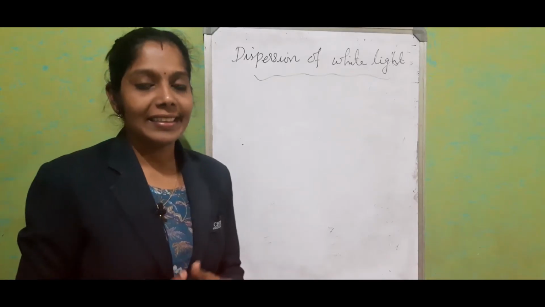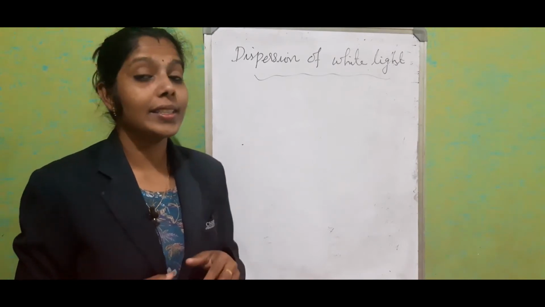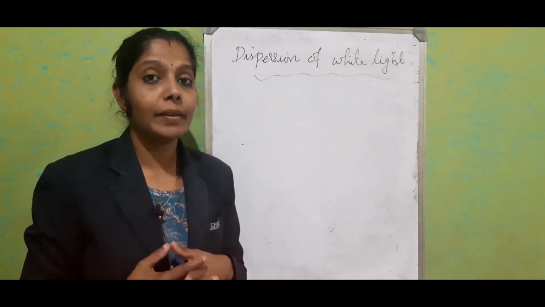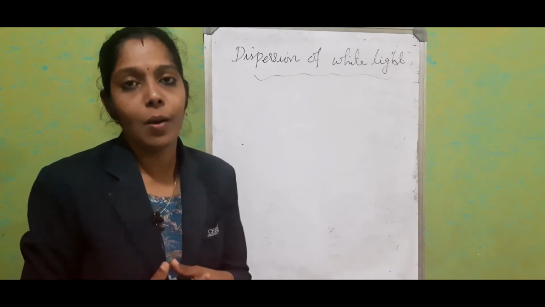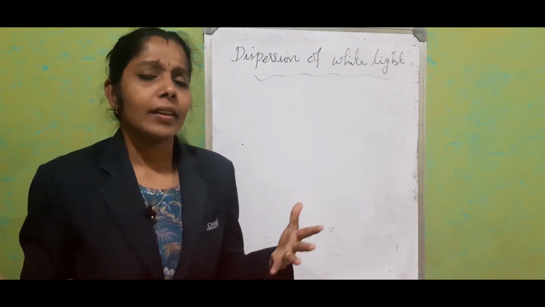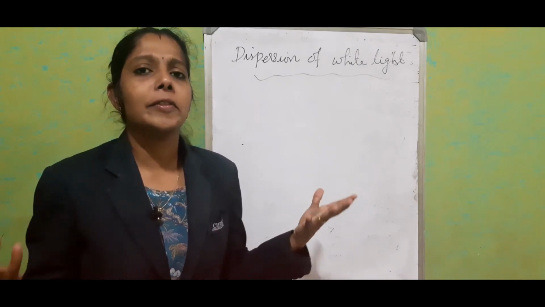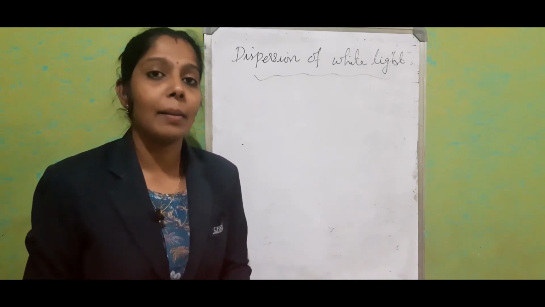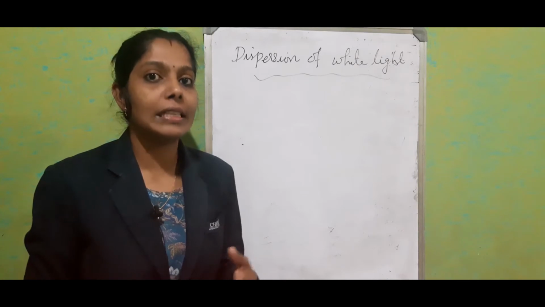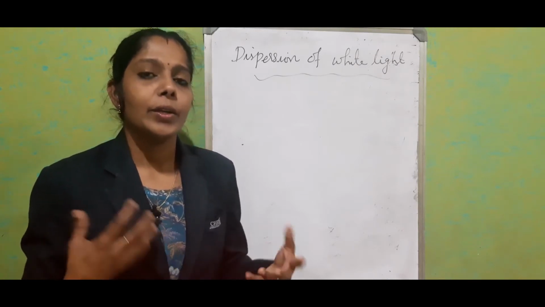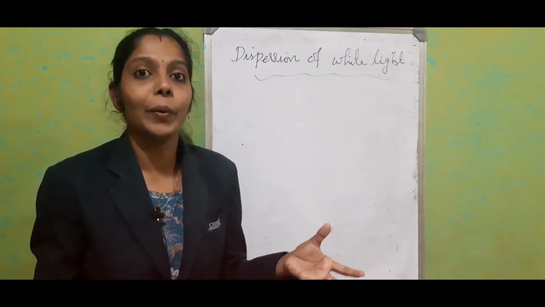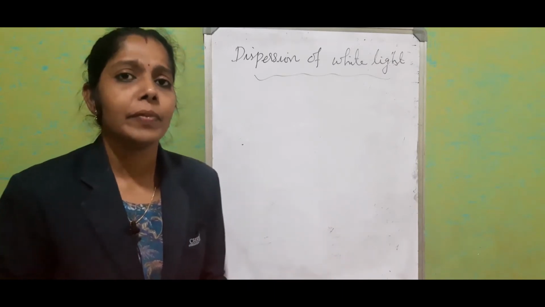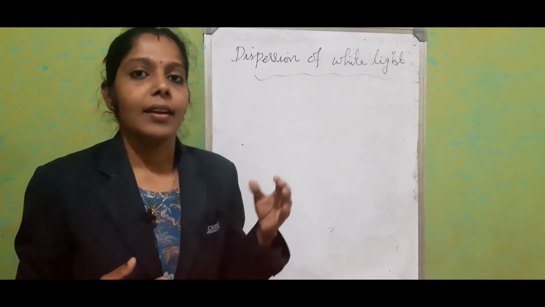Hi everyone. In this session, we are going to discuss a new property of light, that is dispersion of white light. We know that most of the discoveries in physics happened accidentally. When scientists were doing some other experiments, they accidentally got some other result. In the same way, the great